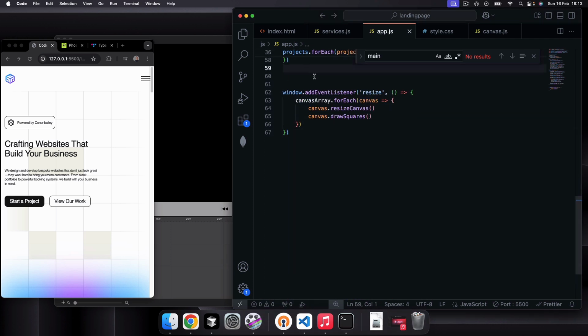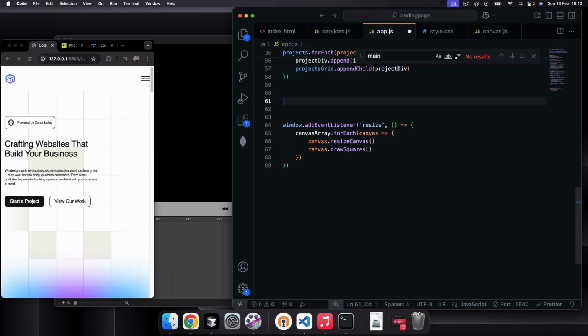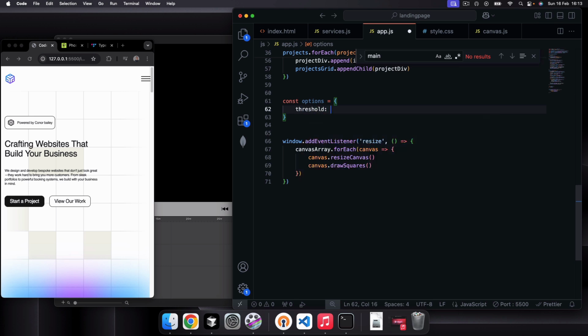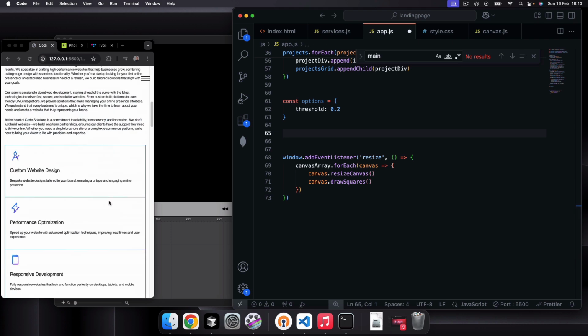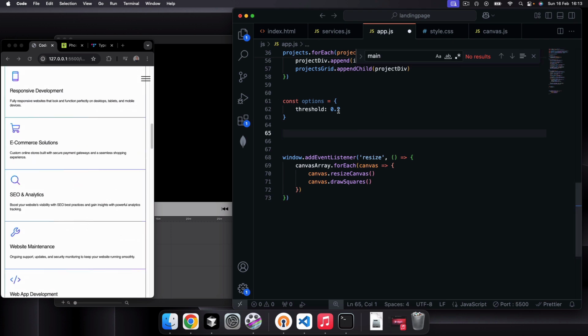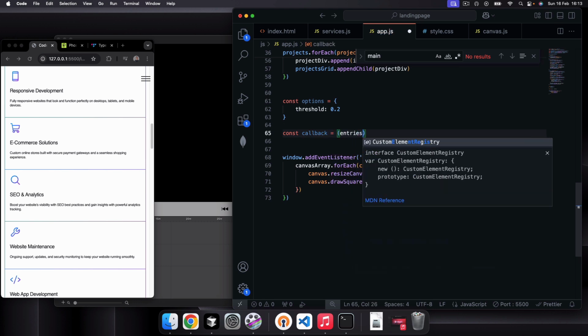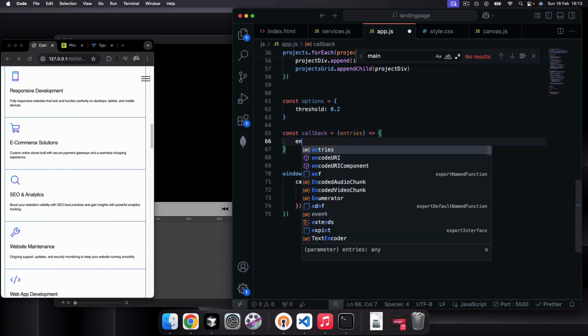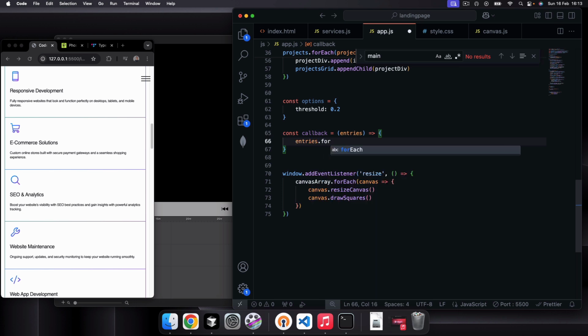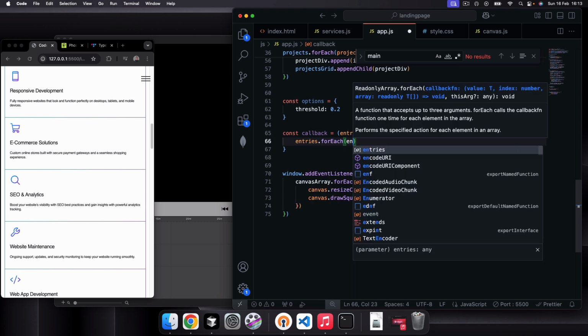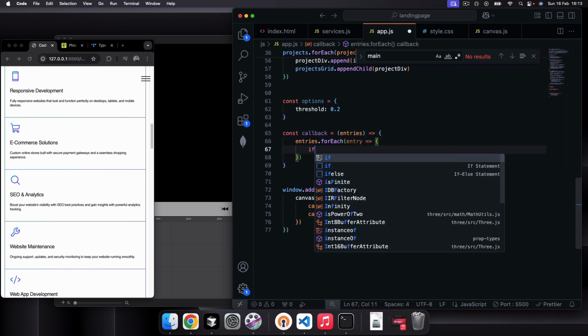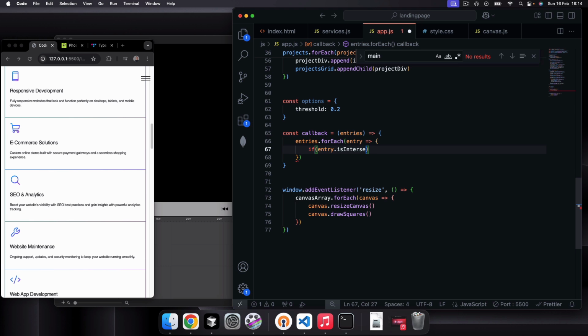So we'll come underneath here and say const options equals, and here we'll just have a threshold of 0.2. This basically means for all of the items that our intersection observer is observing, when 20% of it comes into the viewport, that's when we'll apply the animation. I'm going to do a const callback here that's going to take in all the entries of our intersection observer. We're going to loop through them all, say entries.forEach, entry, and then we can say if entry.isIntersecting,